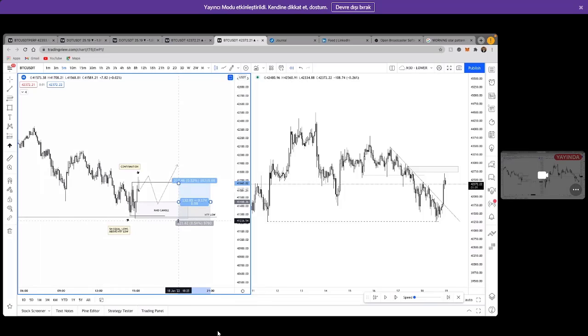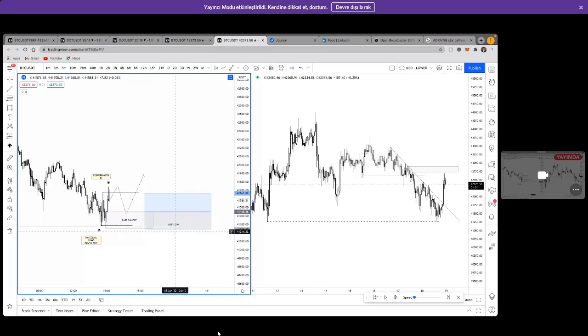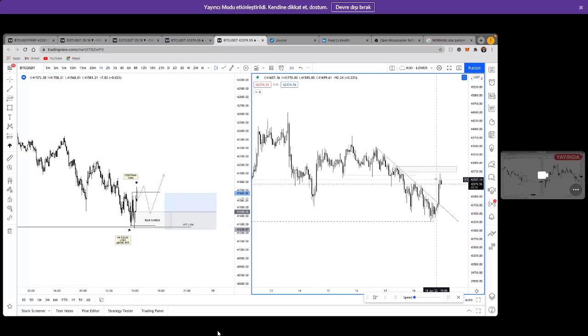This would be our entry. You want the low below the candle that rallied. Since you are basically trading against the trend, you want to get out quickly, and you would be aiming for this supply as well. So let's take this one, as this one was already tested. This one will be your target as well. This supply right here,